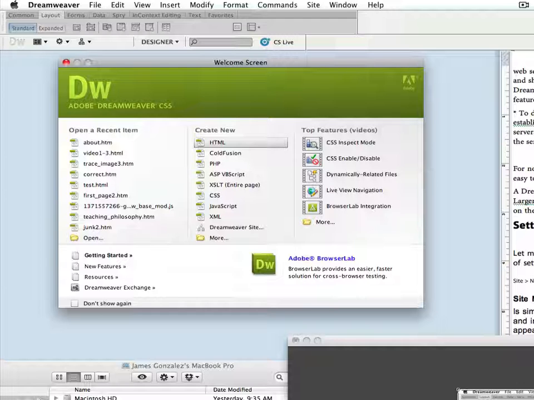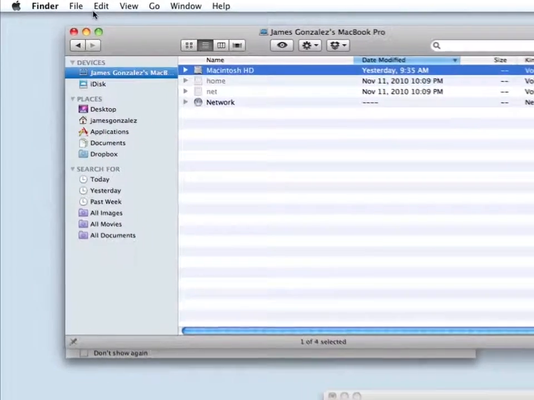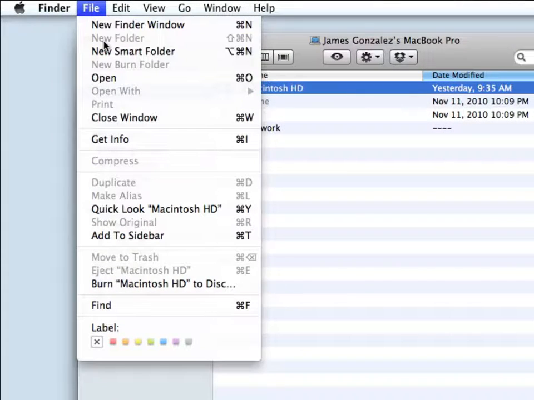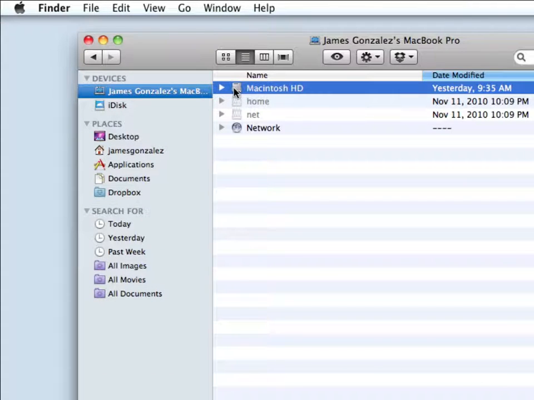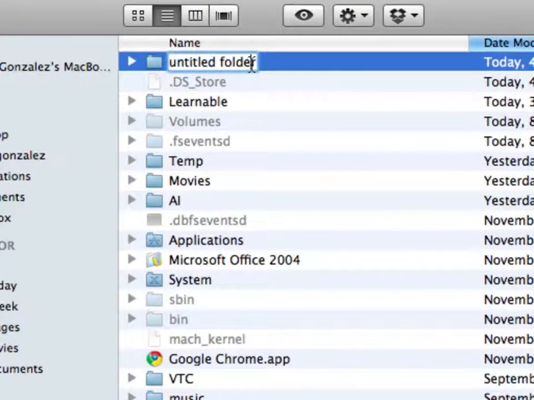Here I have my hard drive, and I'm going to just simply click on Macintosh hard drive, File, New Folder should do it. Let's go ahead and open this and choose New Folder, and then provide a name to that folder. Something again very descriptive and easy to find and remember, my website, for example. And then this will serve as my local root folder